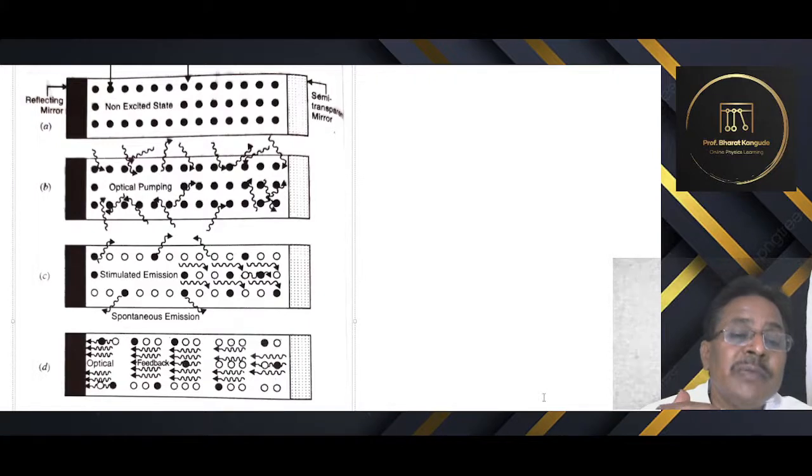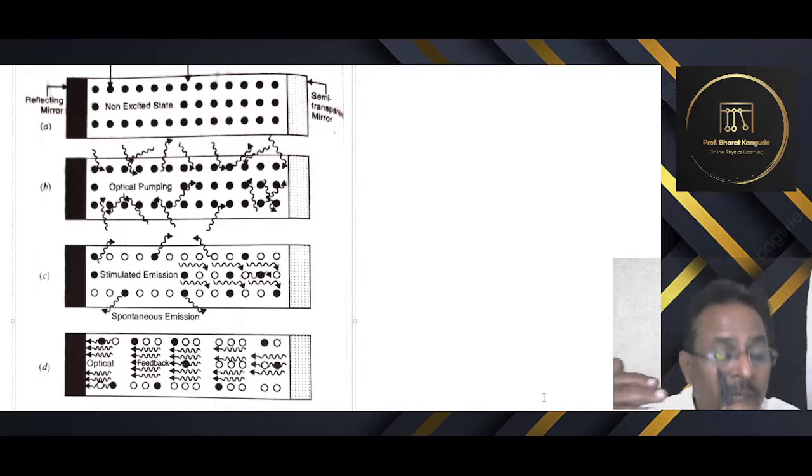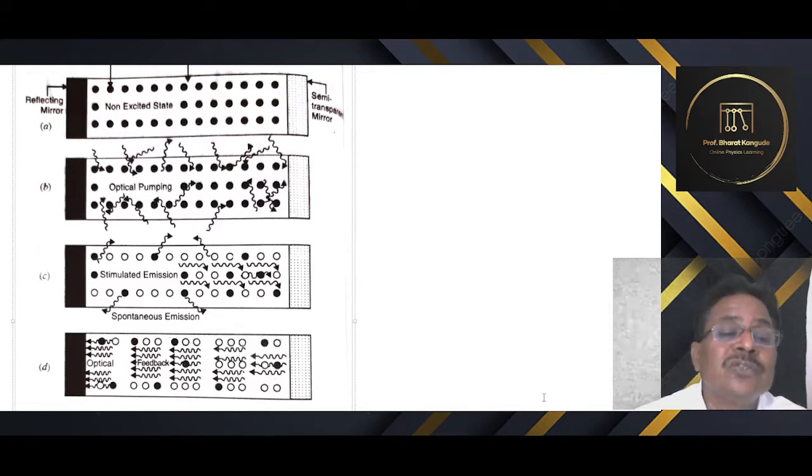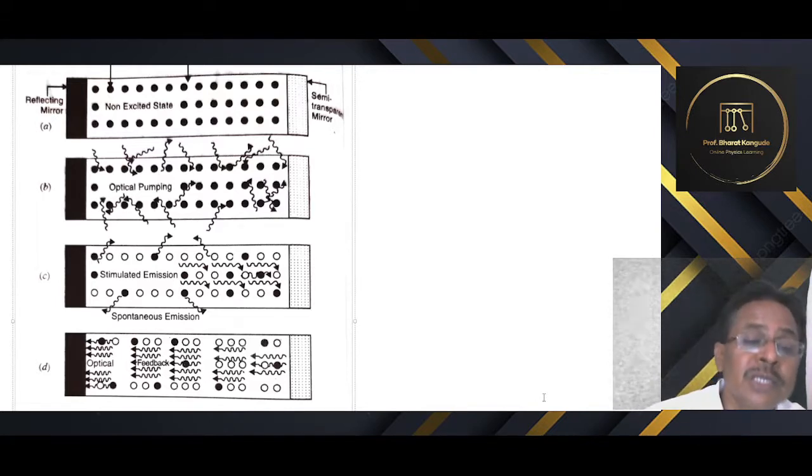And in that process some spontaneous emission may occur, and the radiations given out in this spontaneous emission, that means optical pumping is continuous, that is going on. Some of the atoms are going into the excited state, some of the atoms are going into the metastable states, and in that case a large number of radiations are emitted from the other, open sides of that optical medium as shown here. So these are the random photons which are coming out of this. This is your diagram B operation.